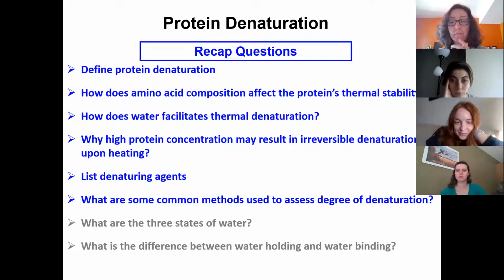What else? DSC. Yeah, differential scanning calorimetry. It gives us a couple of things. It gives us the temperature of denaturation. If the protein is not yet denatured, it tells us at what temperature it would denature. And also it gives us the change in enthalpy, so how much energy was needed to unfold that protein. And if we don't see any endothermic peaks, so no change in enthalpy, nothing, it comes out a straight line, that means your protein is already completely denatured when you're testing it. Okay, what else?